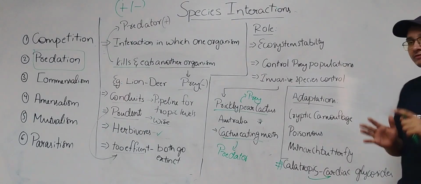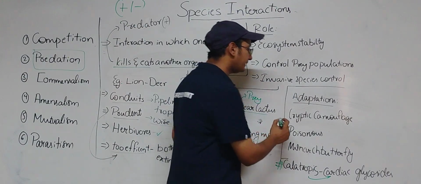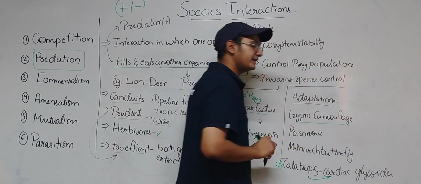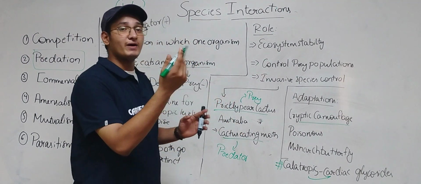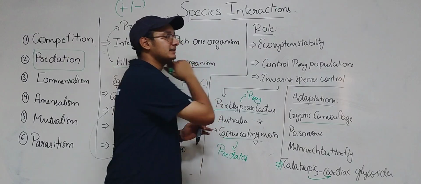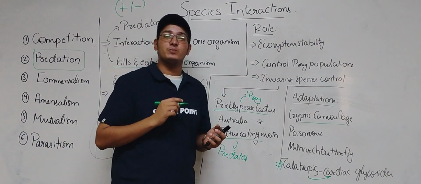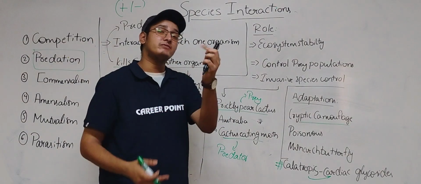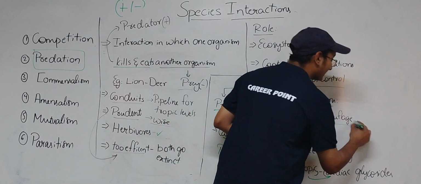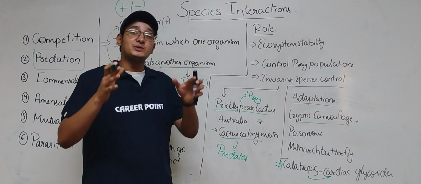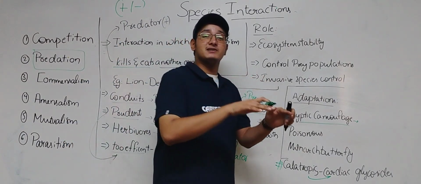So these are examples of plants, and now there are examples for animals also. Cryptic camouflage. Camouflage means blending of organisms. Blending means, if there is a white insect here, we cannot see it. This is called blending. If there is a grasshopper in the grass, can we find it? No, we cannot. In this way the grasshopper hides from the predator and saves itself.